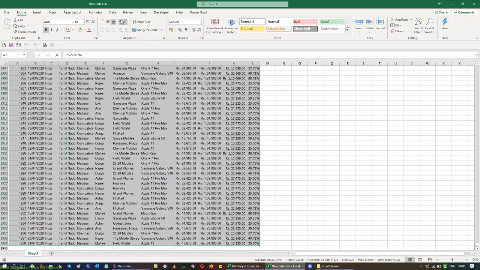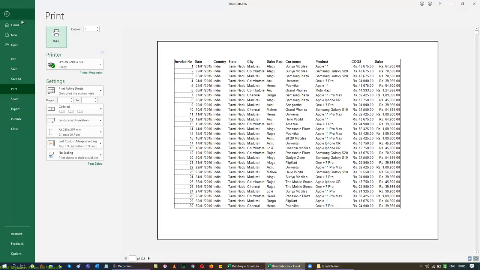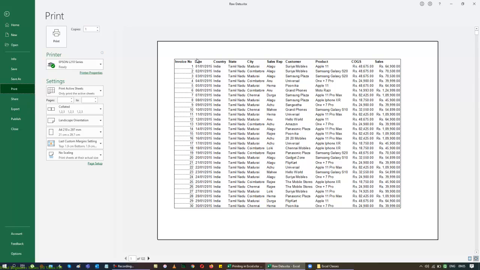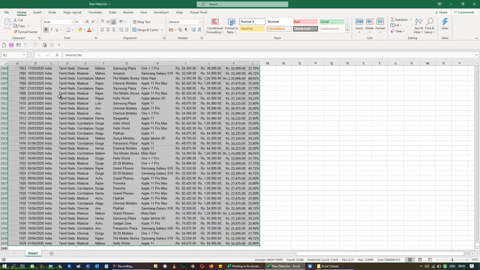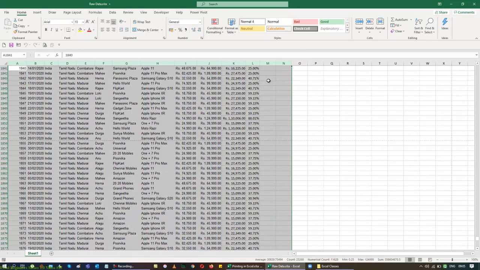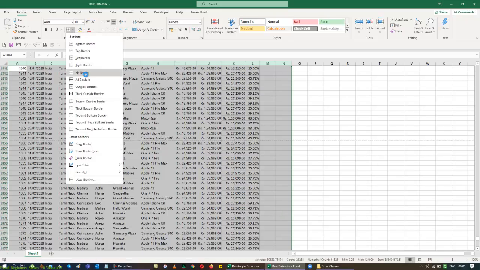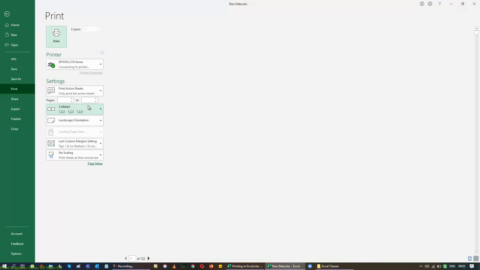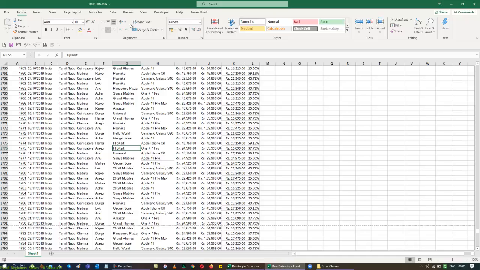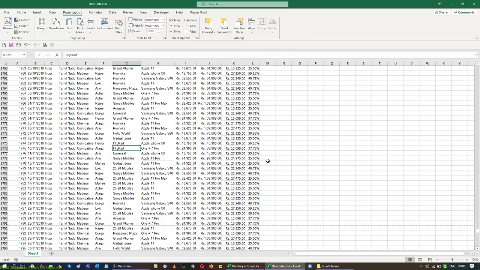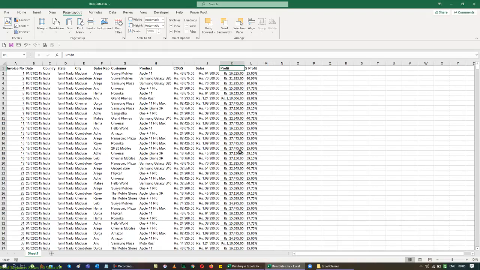So now I got my list, and now I'm going to go back to my print preview. Okay, probably here it's not showing me. So generally it will show our grid lines here. So grid lines will be like this. Okay, I'll do it one more time. So let me just take out the entire data out of the list, and then go back to my preview and come back to my page layout and print title. Unfortunately, I couldn't be able to see it. Let me take one more data.